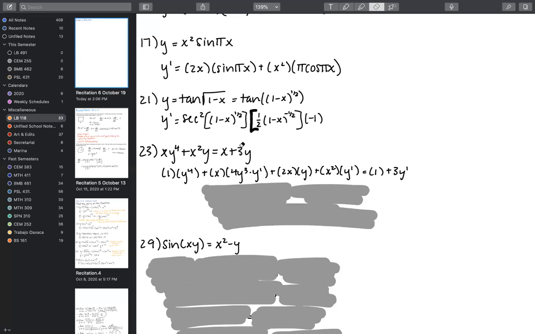I've noticed that some students, for whatever reason, this is so simple and there's so little explanation behind it that some people don't have a grasp on it. And so if you're one of those people, maybe just go about it as though it were a product rule problem, and maybe it'll sink in.